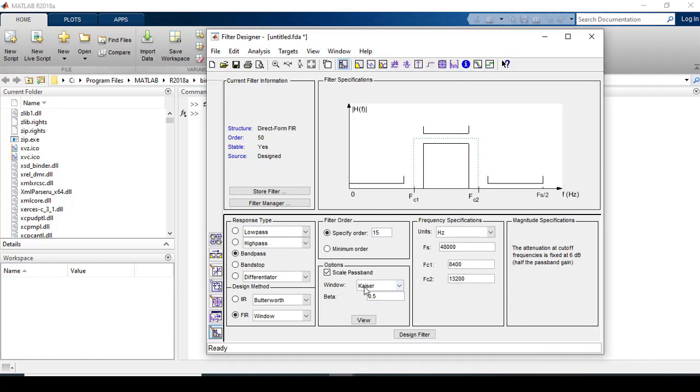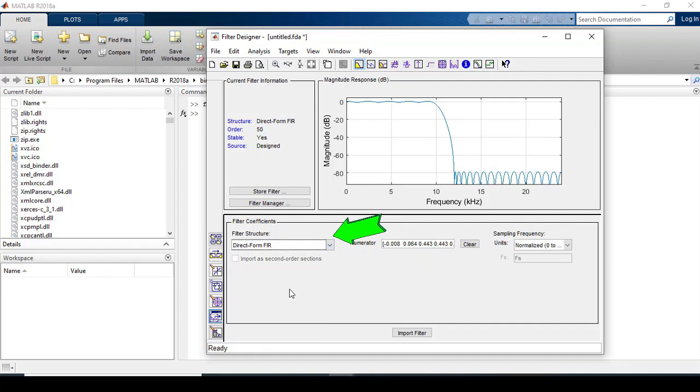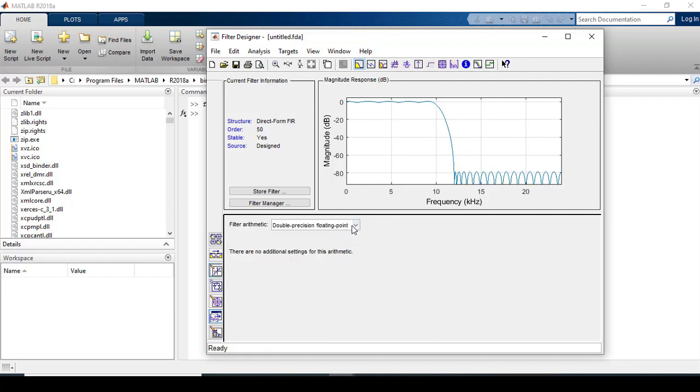Okay, and you have to adjust the cutoff frequency of that filter. Okay, so adjust from normalized 0 to 1. So for example, let's say 0.5 and 0.6. Other details can be done here. Go to filter structure, it will be the direct form here. Okay, and go to here, so filter arithmetic, fixed point filter arithmetic, and then